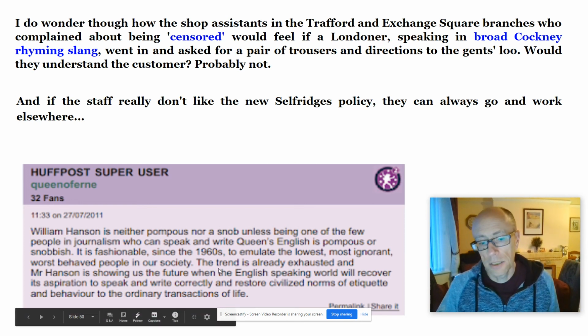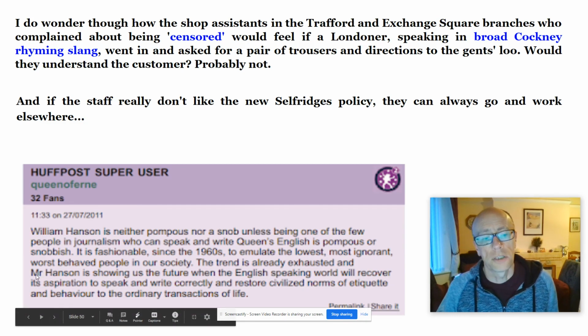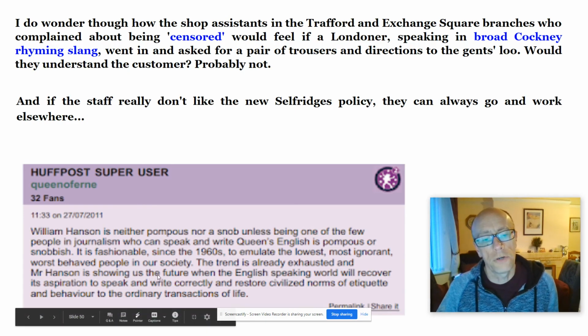The trend is already exhausted. Notice the use of the trend there implies that using non-standard English is just a fashion and that it'll just fade away. The trend is already exhausted. And Mr. Hanson, notice the use of the honorific title there, Mr. Hanson, to give it a kind of elevated status. Mr. Hanson is showing us the future. So it's attributing to Hanson some kind of clairvoyant powers that he's able actually to read the future,